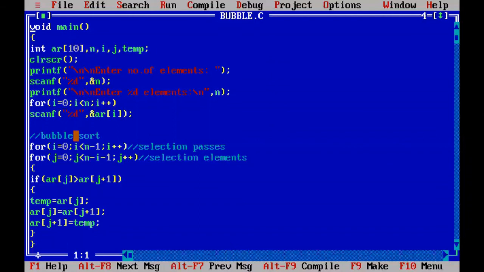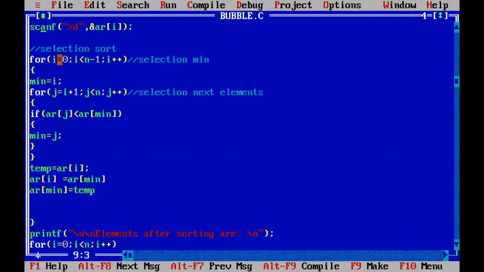Now we are going to start the selection sort. Every time, one index value, first index, second index, third index, fourth index, is selected with the variable i here. And whenever the minimum element is selected, that minimum element should be compared with all other remaining elements, from the next index onwards.